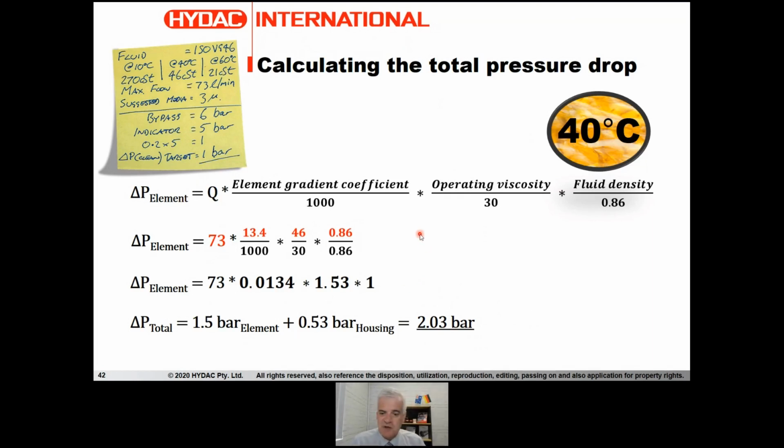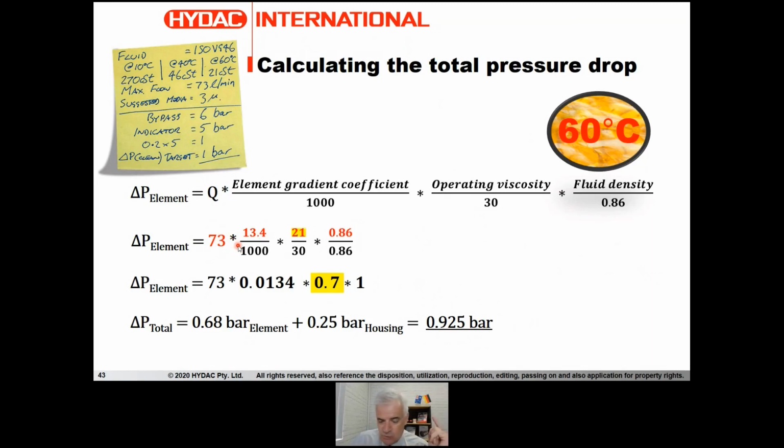Let me show you why it is important in this little exercise that we're doing. Now, that was at 40 degrees. If we're operating, say, at 60 degrees, that's a typical operating temperature here. Now, I just wanted to highlight here, each of these factors that I talked about before, I've highlighted in red,